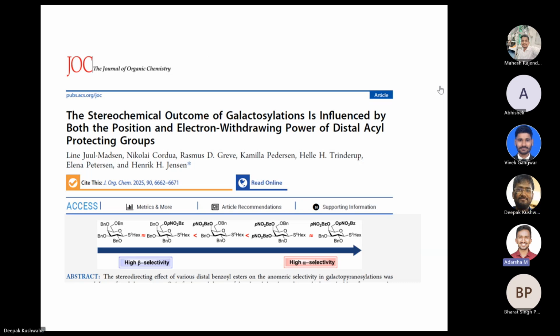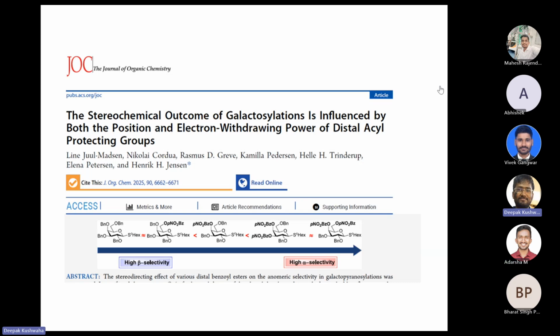Yes, nice presentation. My question is, since you are talking about the electronic effect or steric effect, whenever we see this distal participation of the protecting group, we always think about the ester like BZ. What I strongly feel is that electronics are also there, but mainly it's steric. If you see, they have tried just the BZ protecting group. If it were just electronics, they could have tried different substitutions on the BN group also. That possibility is there. So they are also not ruling it out,